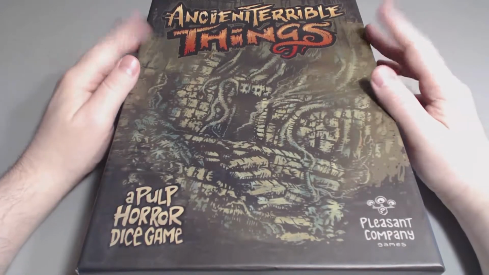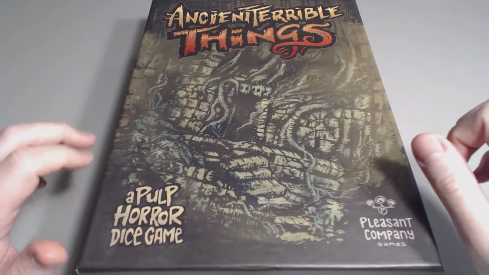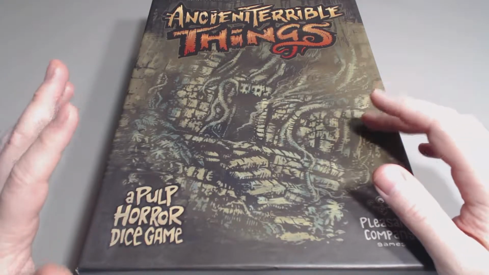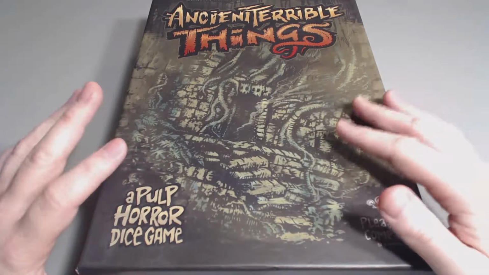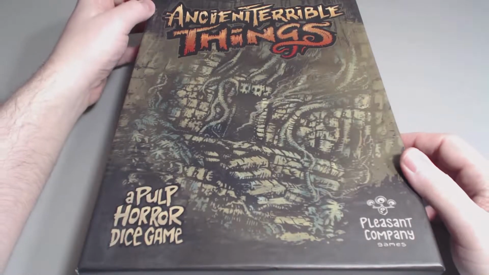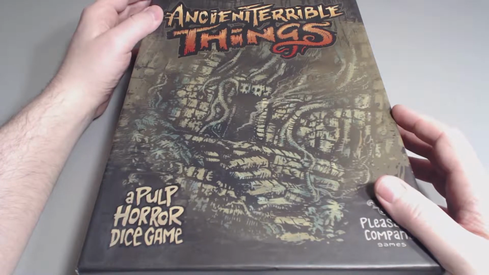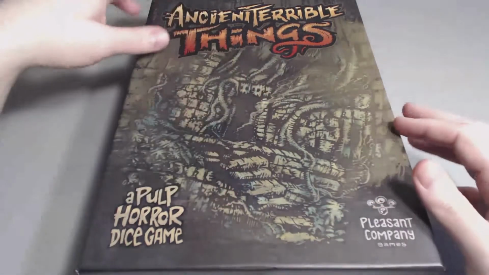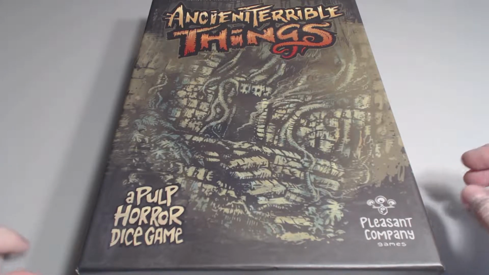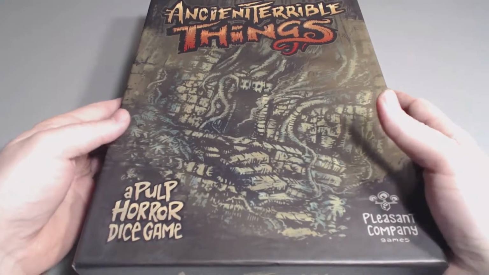Today I have Ancient Terrible Things. I believe this was a Kickstarter game. Can't be positive, but I believe it was, 'cause I do believe I saw an expansion for it actually, and I just finally got to play this again this past week. So I kind of just saw it over there, and I got excited and wanted to share it. It's a game designed by Simon McGregor, published by Pleasant Company Games, and yeah, let's take a look at